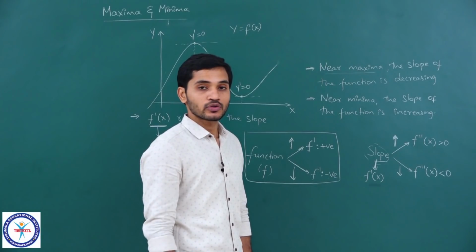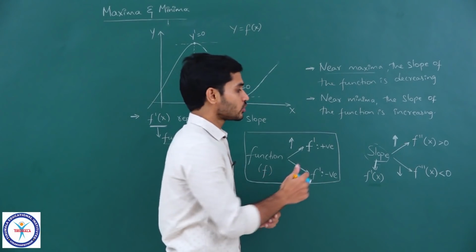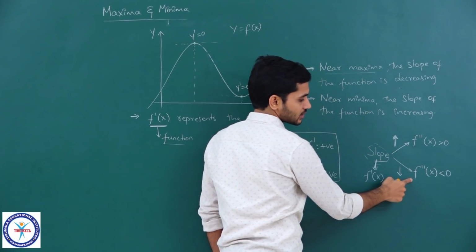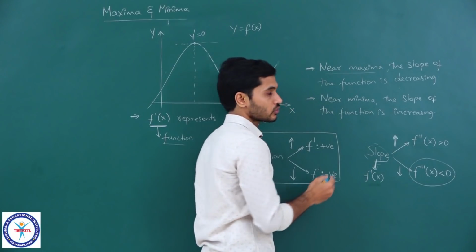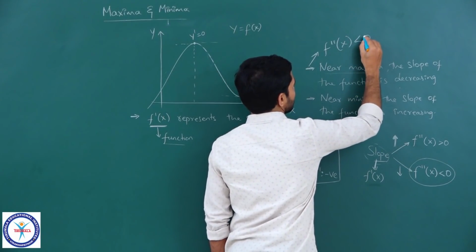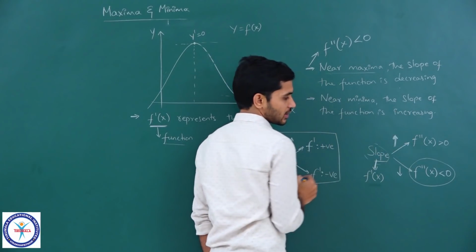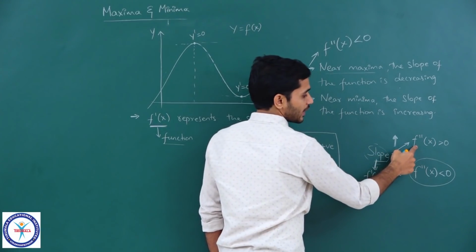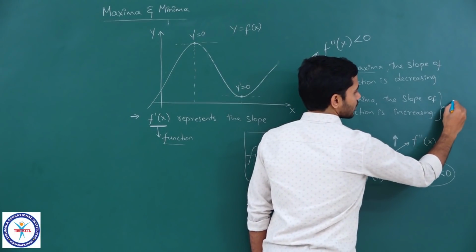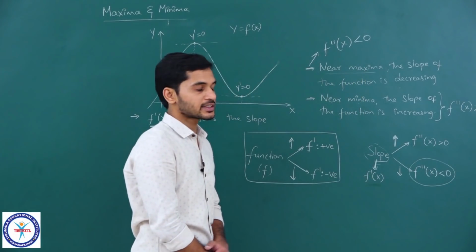So, we have understood how to identify maxima and minima. So, please see here, near maxima slope is decreasing. When will slope decrease? When f double dash of x is negative. So, I can associate this with f double dash of x is negative, clear. Similarly, near minima slope is increasing. So, when is slope increasing? When its derivative is positive, right. So, which means we can associate this with f double dash of x greater than 0, clear students.